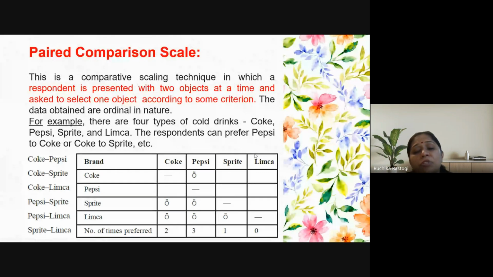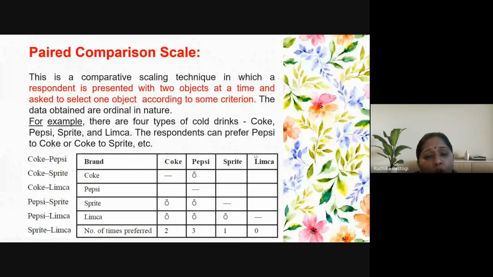Now, if you see this table, at the bottom of this table, I have mentioned some numbers. Like below the Coke, if you see the first column, Coke, there are some numbers mentioned too. And you can see that two eye icons are also there in front of Sprite and in front of Limca. Likewise, below Pepsi, there are three eye icons, and the total is three. And likewise in Sprite and Limca. Now, what is the interpretation of this?